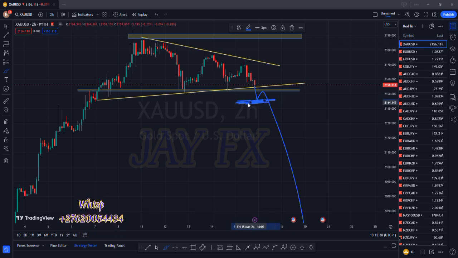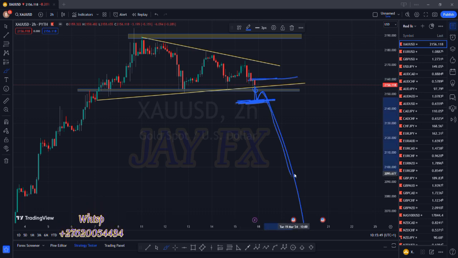We will sell from here, and because the market after breaking this support will form a strong resistance, we go maybe 10 pips above our resistance and set our stop loss there, and then let the market go. I'm talking about some people who trade to hold,